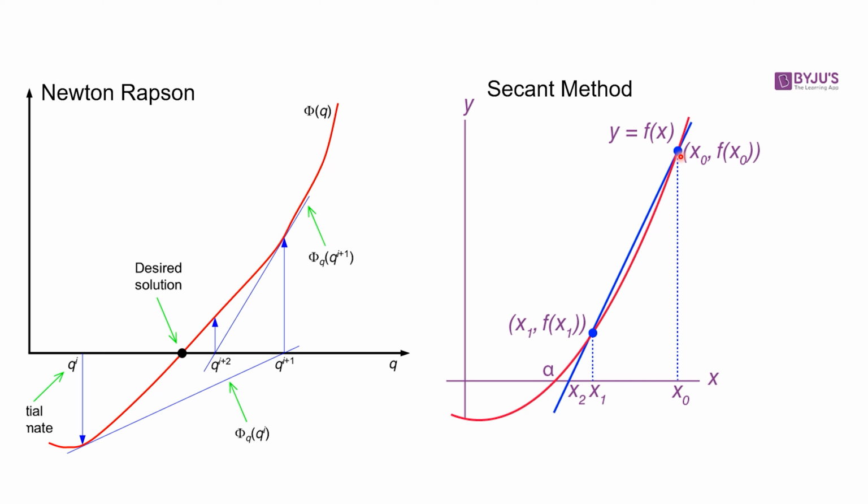Aside from this example, we have the function y is equal to f(x), and then we need to get 2 points to solve the values of x. The first ones are x sub 0 and x sub 1. Now in the secant method, we have two initial guesses. Let us label them x sub 0 and x sub 1. Unlike the bracketing method, where you have two initial guesses and the x sub new, or x sub 2, must be inside of those two initial guesses,